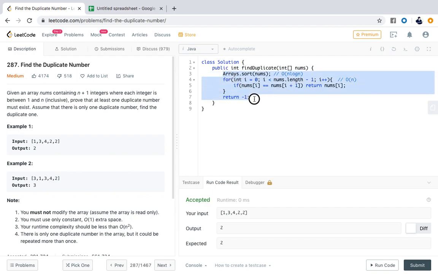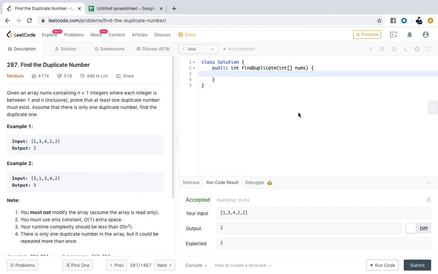So I'll show you how it's done. Okay, so now let's do it with a hash map. So first things first, let's implement a hash map which is going to store the integer values as keys, and then we're going to put the number of times it's repeating as the values. So let's put the integer values again as values, right? Key and value pair. So let's call it hash map is a new hash map,